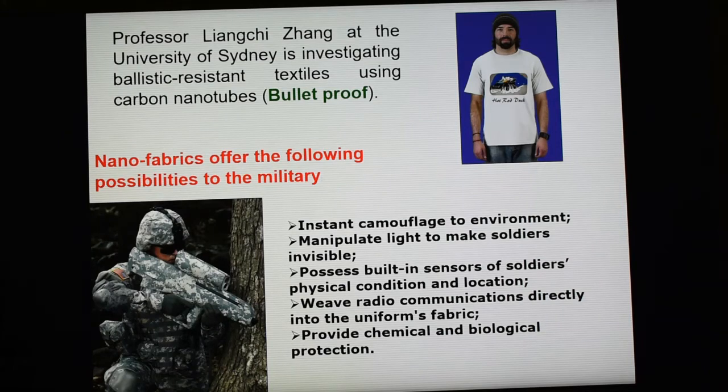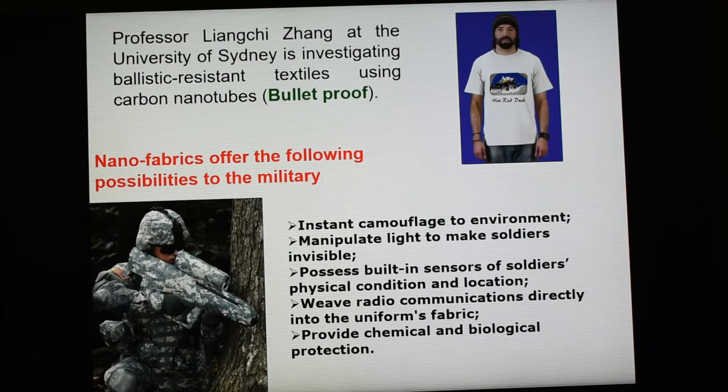Now one scientist who also got a Nobel Prize has prepared a jacket made only of carbon. It was very tough and also very thin, it cannot be seen. But it is very tough. This is one of the scientists, he also prepared fabrics which are known as nano fabrics. The utility of this fabric is that it can be useful for soldiers, as it protects from any biological or chemical weapons, and also sometimes it may be invisible.